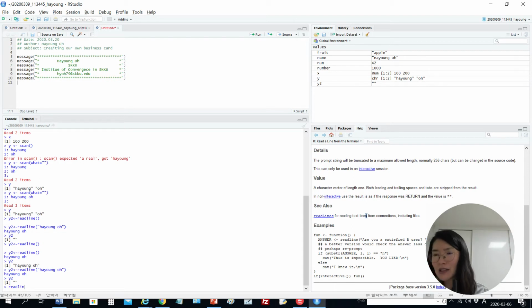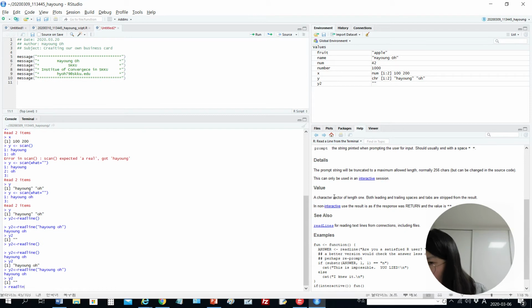So it is different from readline and readLines. In case of readline, we cannot read enough data from a file. Readline is only for reading the data from the terminal, such as the keyboard. Okay, that is different. All right, and then